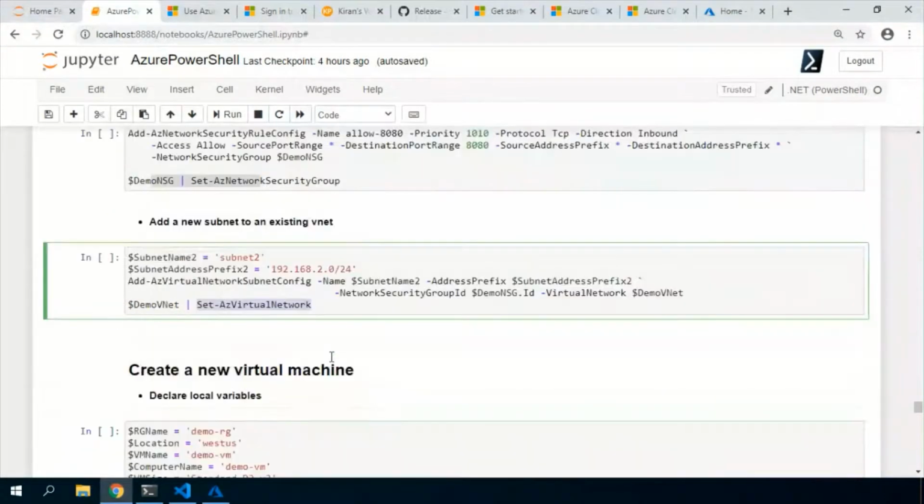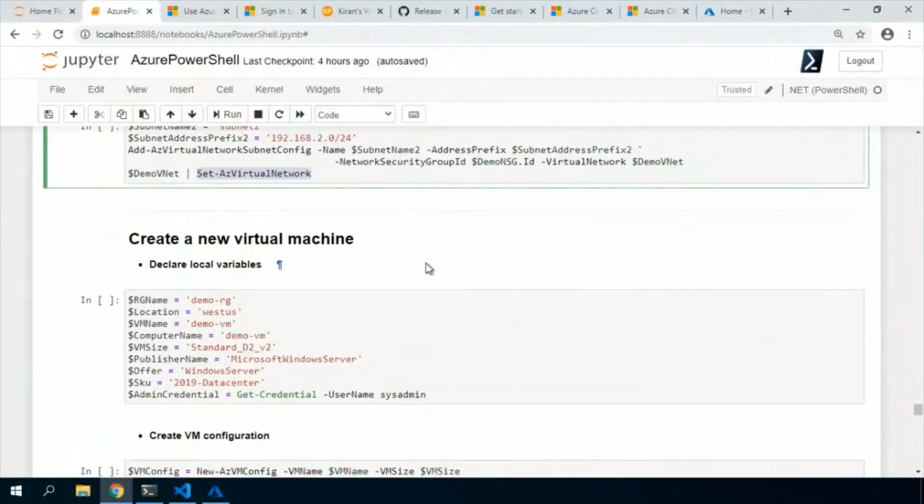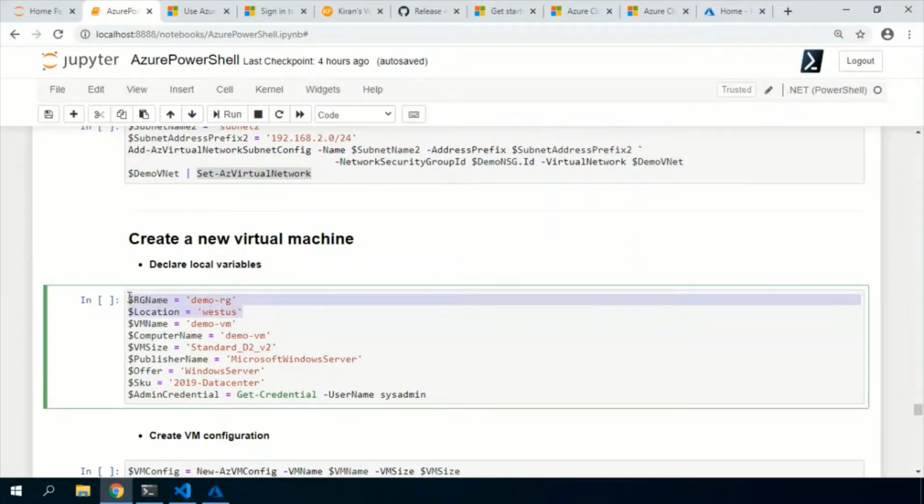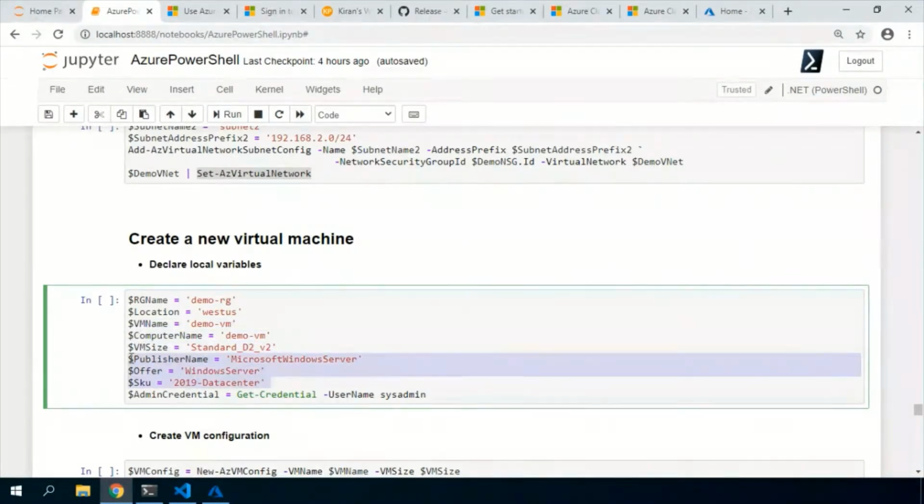Okay, with all that done, now we will see how to create a virtual machine. What information have we seen so far? I've taken everything into variables: the resource group name, the location, the VM name with the computer name, the VM size, and the SKU I also identified.